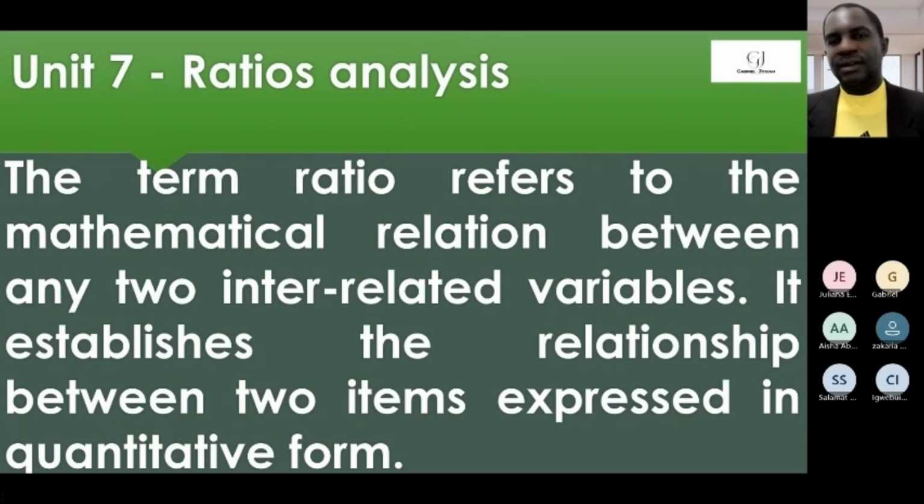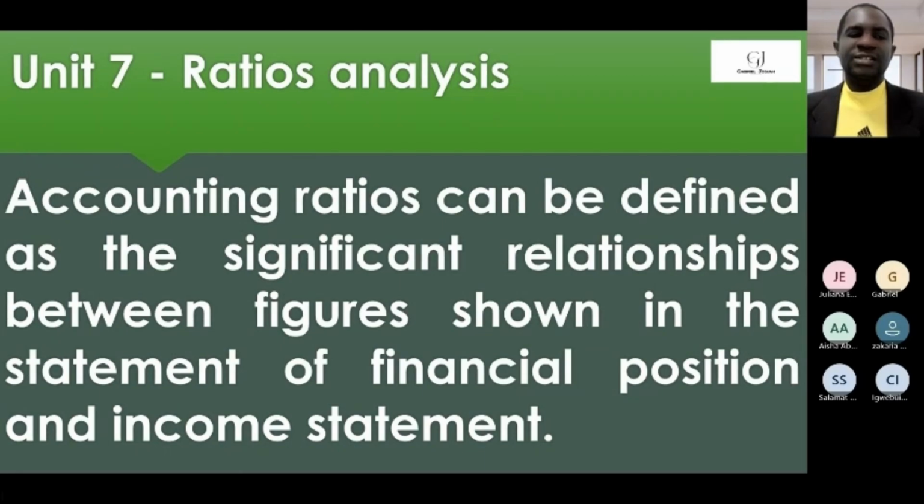You can pick a component or a number from the income statement and that of the statement of financial position, or that of the statement of financial position and the income statement, and express them in quantitative forms with a result either in percentage or in times to draw out improvement or decline from the numbers or the percentage. Now, accounting ratios can be defined as the significant relationship between figures shown in